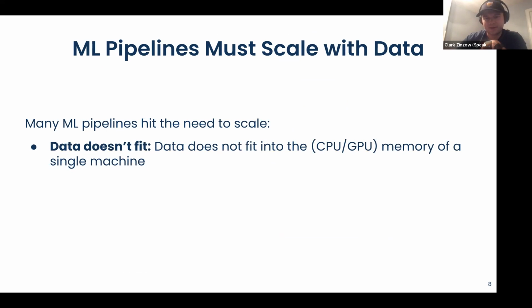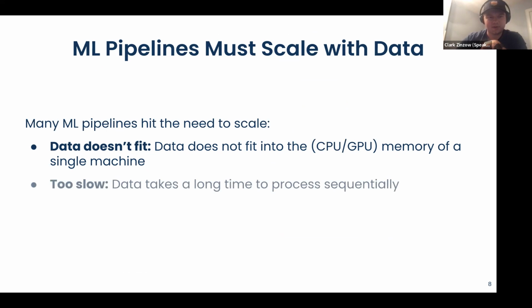As you may know, the available DRAM (CPU memory) and available GRAM for GPUs is not infinite, unfortunately. You can exhaust it pretty quickly, even with the highest capacity hardware out there. And even if your data does fit, it may be too slow to process data sequentially. Some machine learning frameworks hide underlying parallelization and make it easy, but maybe your CPU-based preprocessing isn't easily parallelized.